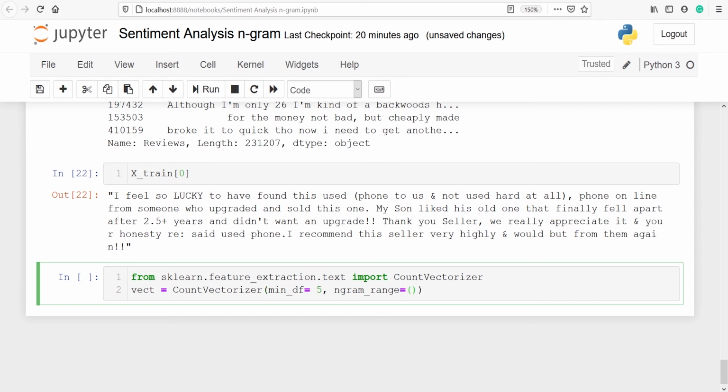I'll put 1 and 2 here. 1 and 2 means CountVectorizer will create features using the individual words as well as bigrams, 1 for individual words and 2 for bigrams. And let's call fit on X_train. Let's execute our code.